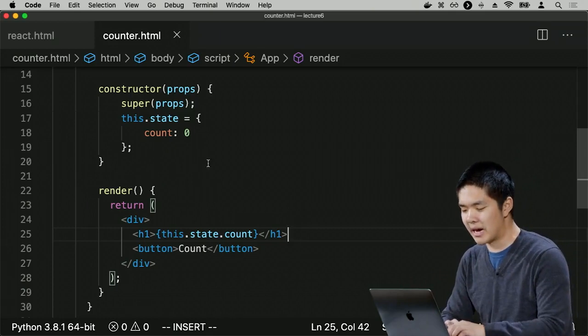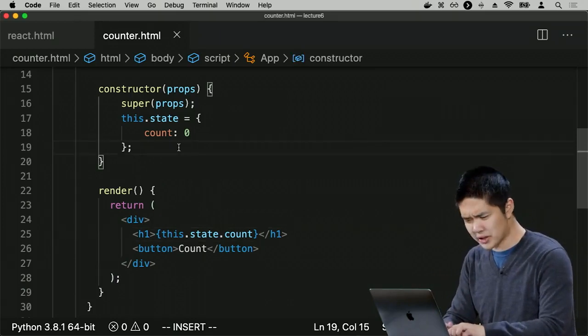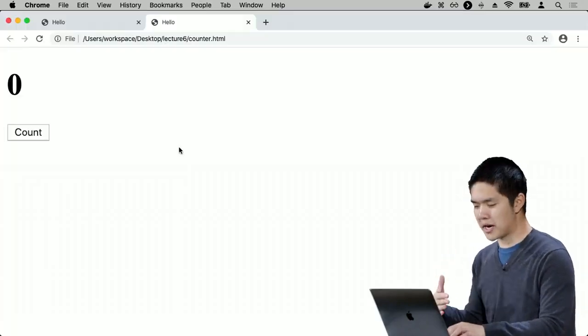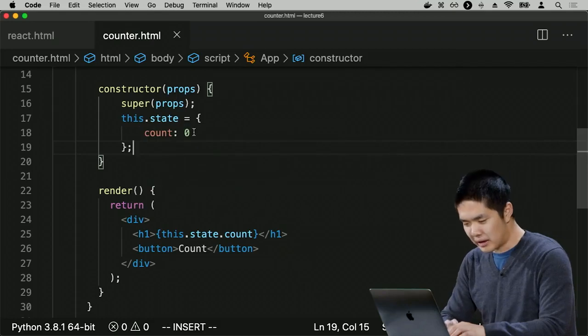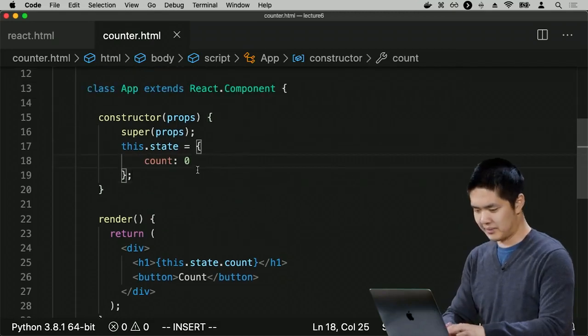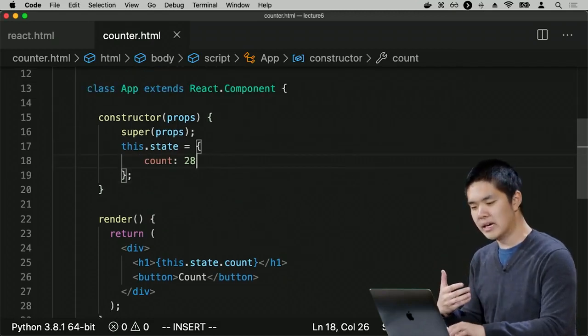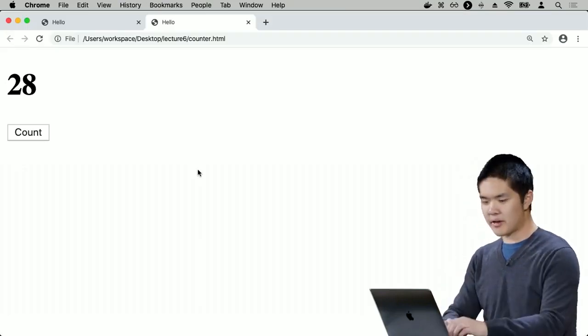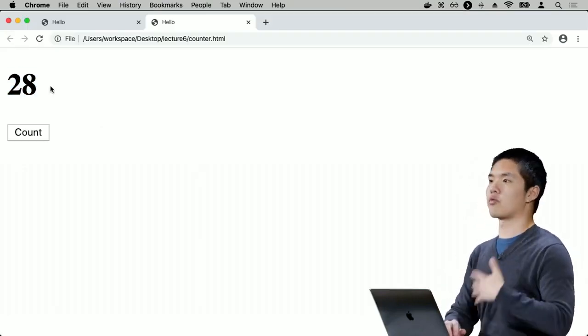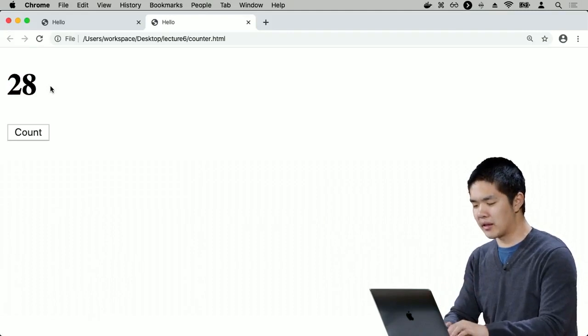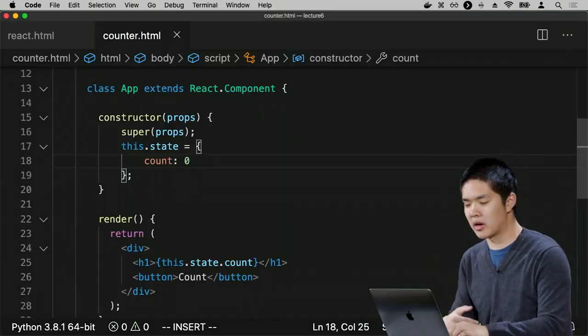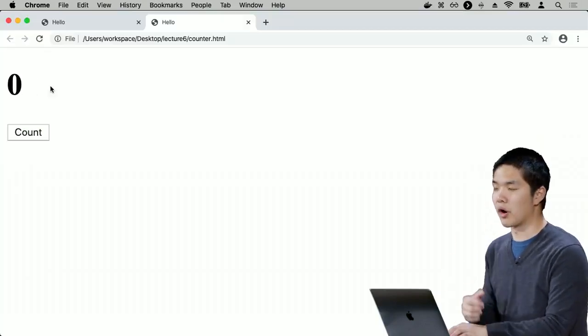And React is going to take care of that for me. So if I look at the page now, nothing appears to have changed. But the number that I see is based on the number inside the state. If I change it to something else, for example, and refresh the page, then what I see in the h1 is just a reflection of what happens to be inside of the application state. But we'll go ahead and start that state at 0,